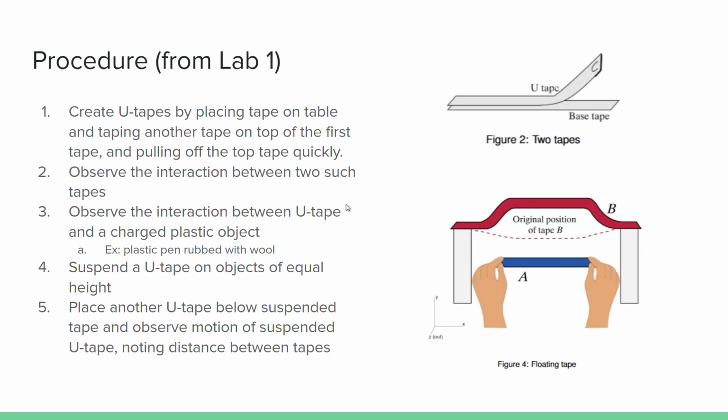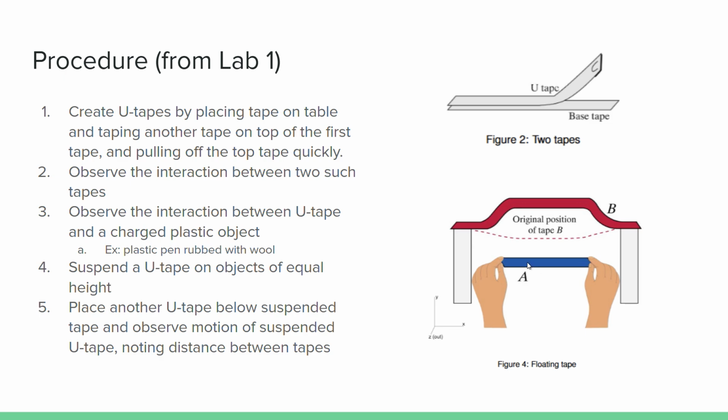The procedure is the same as Lab 1. We first created U-tapes by placing tape on top of the table and placing another piece of tape on top of the first one and pulling the top tape off quickly. Then we observed the interaction between two of these tapes. And then we observed the interaction between the U-tape and another charged plastic object, such as a plastic pen rubbed with wool. Next, we suspended one of these tapes on two objects of equal height, as shown in Figure 4, and we placed another U-tape below the suspended tape